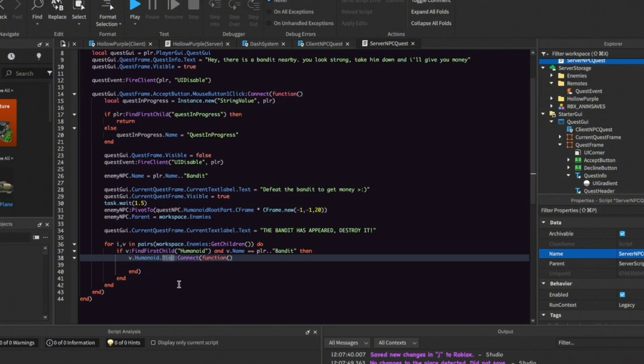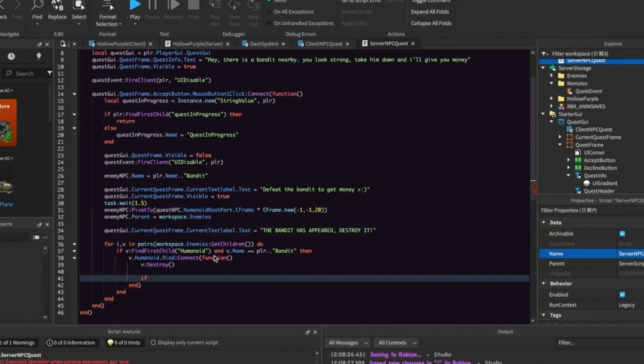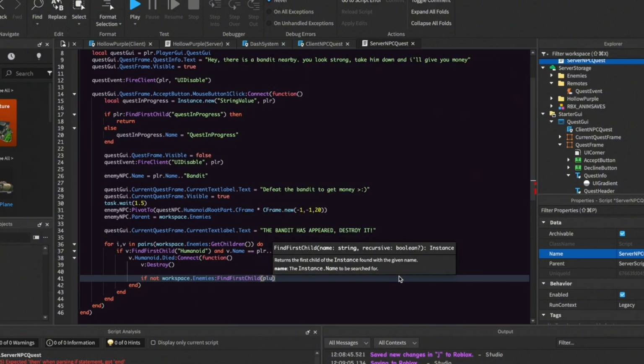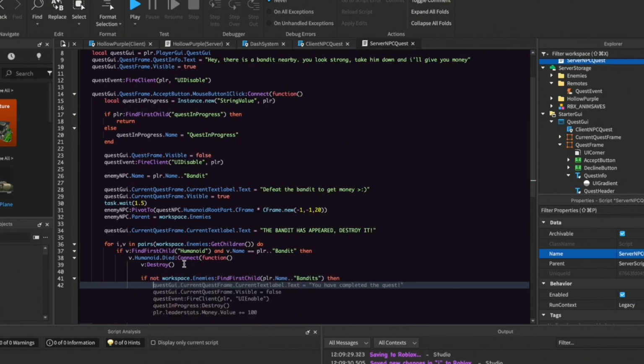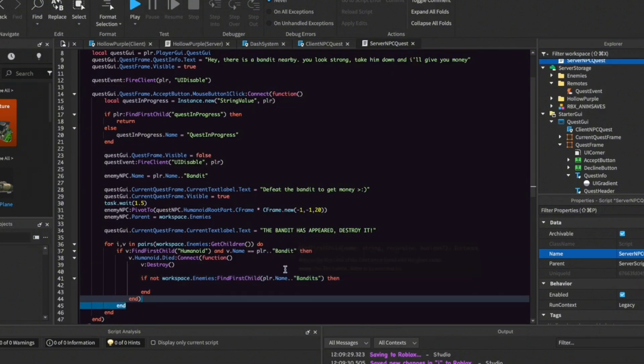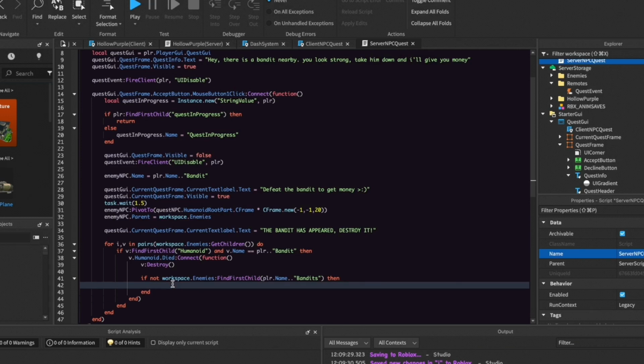So we're basically saying if the enemy has died, then connect it to a function. And inside that function, we're going to destroy the enemy, which is called "we" in our script, and do if not workspace.enemies:FindFirstChild(player.name bandit), then. So we're saying if our bandit of the player is not in the enemies folder inside the workspace, then do